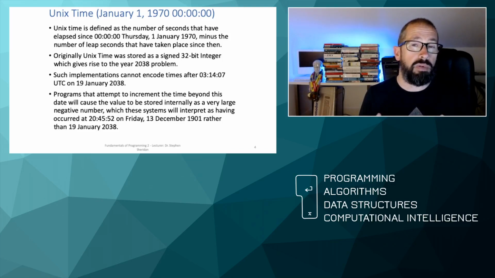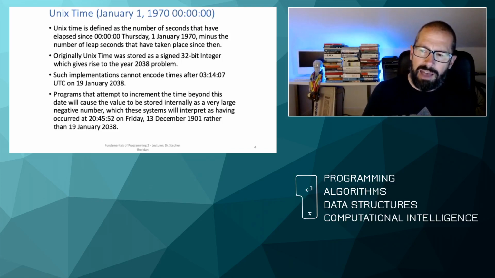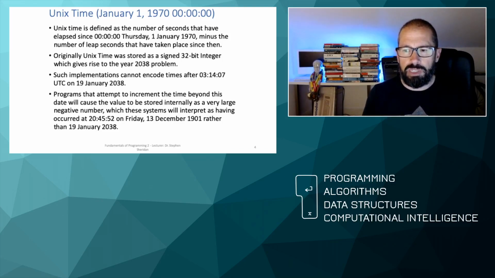Now that causes a bit of a problem when we store the number of seconds elapsed as a 32-bit signed integer, because we run into an issue when we reach the maximum number that that 32-bit signed int can store. And as it turns out, that will happen in the year 2038. In fact, we will not be able to store times after 03:14:07 in the year 2038, because if we try to encode or store times after that point in time, what will happen to that